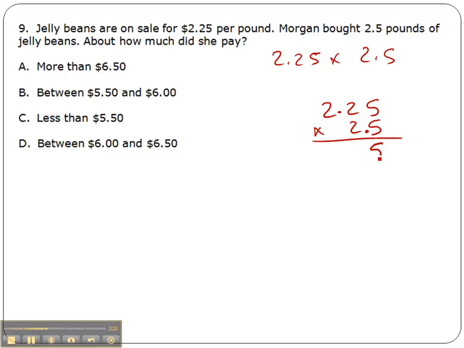5 times 5 is 25, carry the 2. 2 times 5 is 10, plus 2 is 12, carry the 1. 2 times 5 is 10, plus 1 is 11. Cross these out. Now when I'm multiplying by the 2, I'm multiplying by the 10's place. So I start with the 0 placeholder. Remember, we're ignoring the decimals for now. 5 times 2 is 10, carry the 1. 2 times 2 is 4, plus 1 is 5. 2 times 2 is 4. We add those up, we get